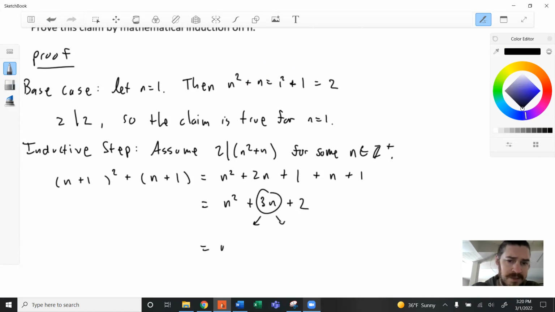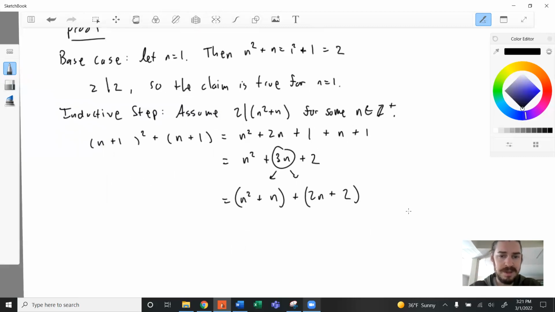I'm going to write that as n squared plus n, and I'll put that in parentheses, just to set it apart. And then plus 2n plus 2, right? If I break the 3n into n plus 2n, then I can do some interesting stuff here. So by our assumption,